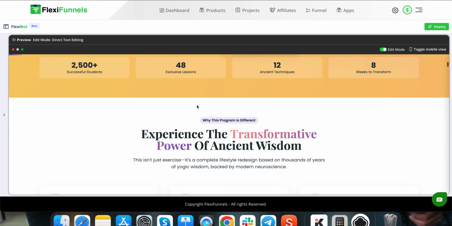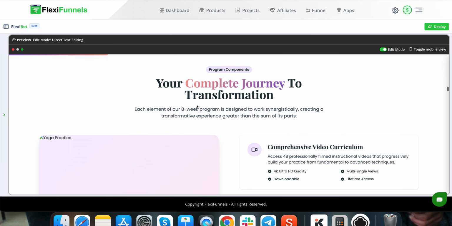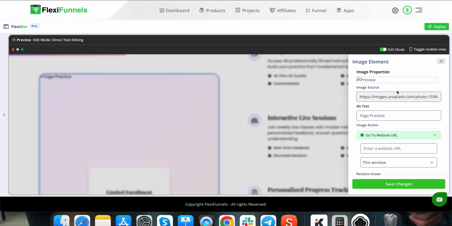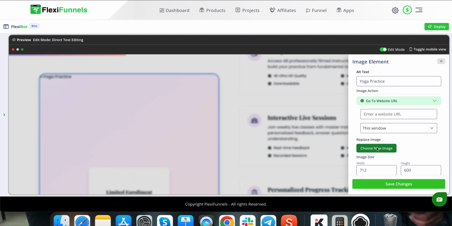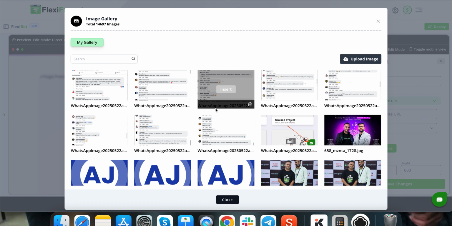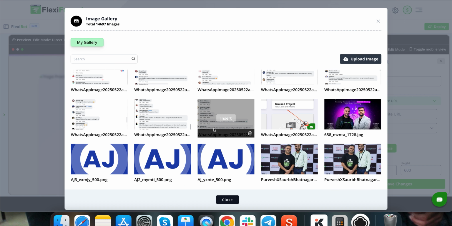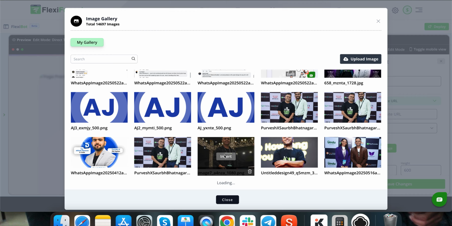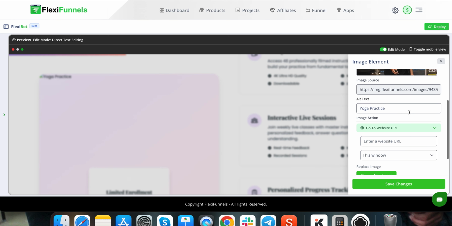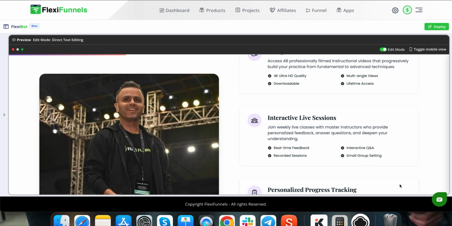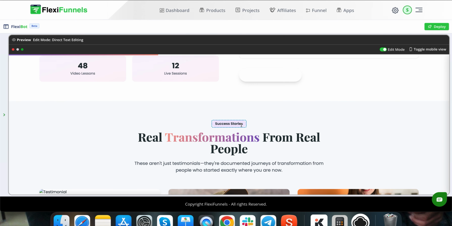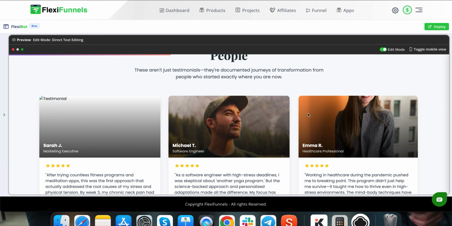The second thing is, you can click on any image and you can change the image. For example, there is supposed to be an image over here, as you can see. I want a new image here, so I can click on choose a new image. I will have a certain set of images on my landing page, so I'm going to pick an image from that, maybe this image. The image is going to be added over here, but make sure that you click on save changes. Now this image is over here. Depending upon whatever image you want, this is how you can change the images.